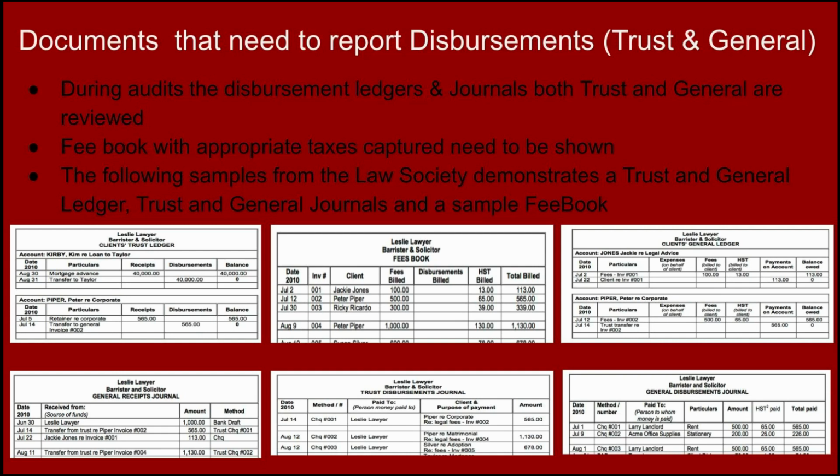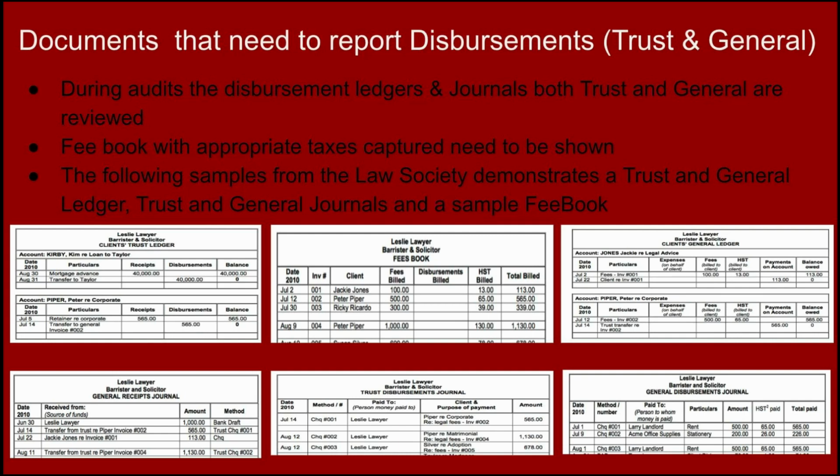They come into the respective journals, ledgers, fee books, expense book, general disbursement journal, everything. Now over here, during the audits, the disbursement ledgers and journals play an important role for both trust and general that are reviewed, making sure the appropriate taxes are collected, because the fee book will tell you,